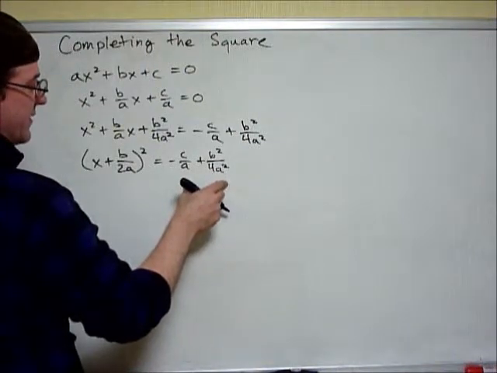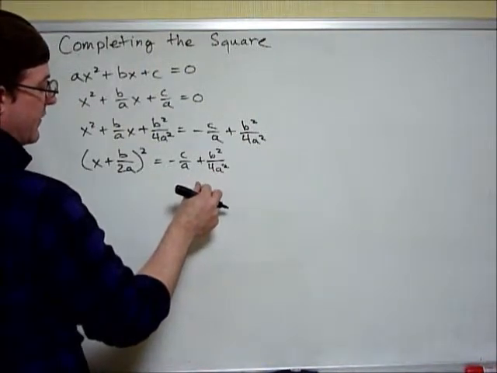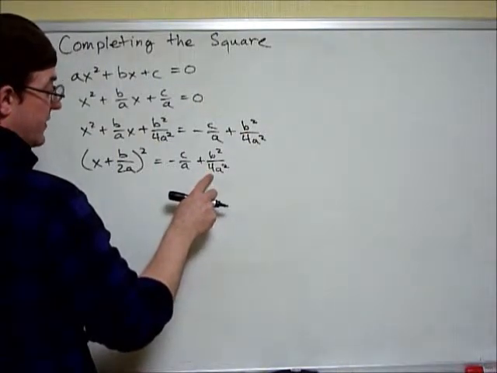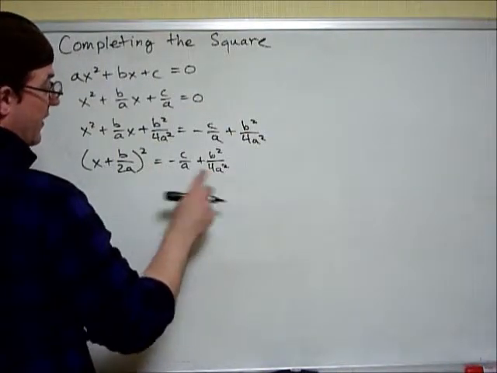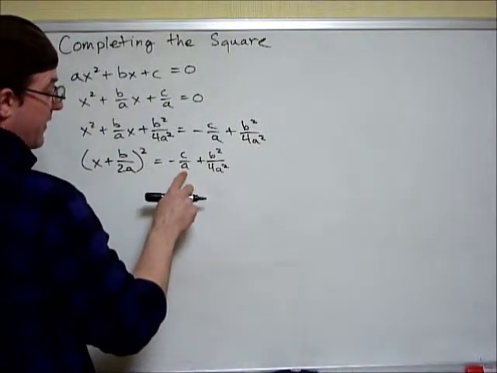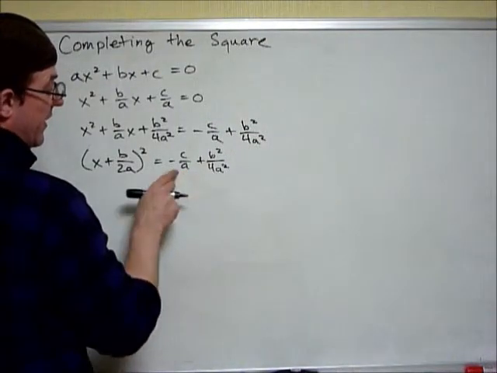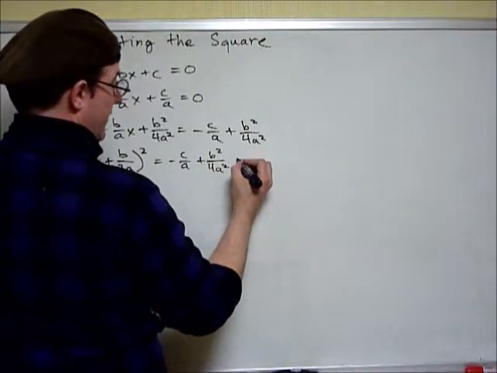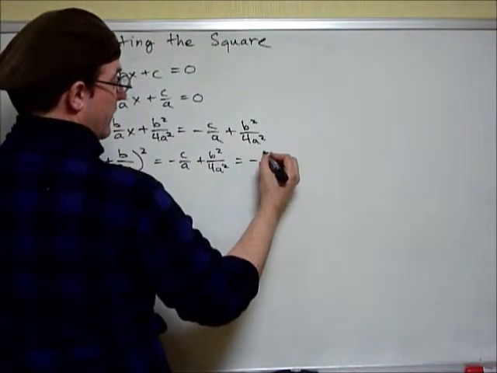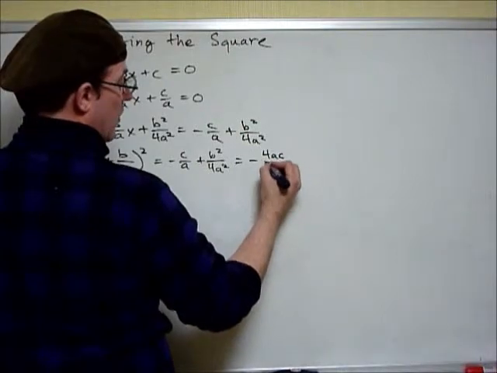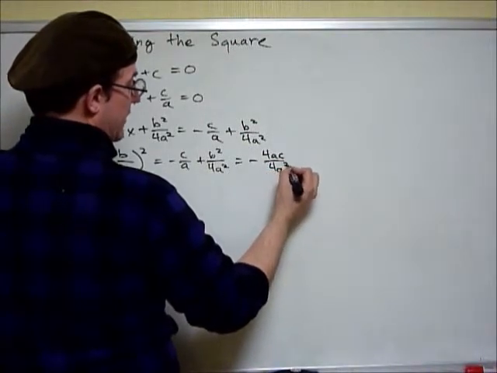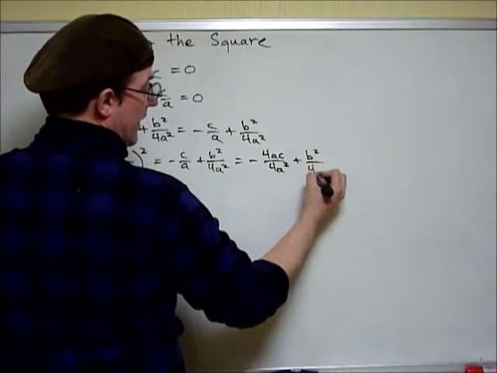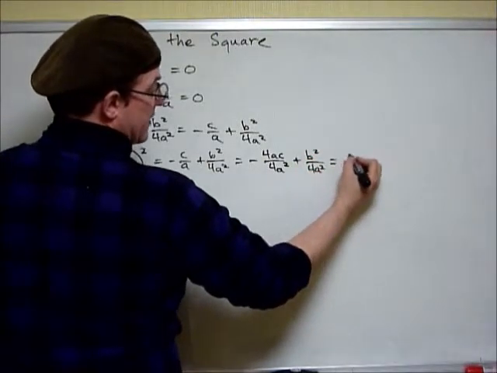Now let's start to simplify things. Let's add these two fractions together. In order to do that, I need to have common denominators. So I have 4a squared over here, I only have a over here, so I have to multiply this by 4a to get 4a squared. And I have to multiply the top and the bottom by that. So what I wind up with is negative 4ac over 4a squared plus b squared over 4a squared, which is